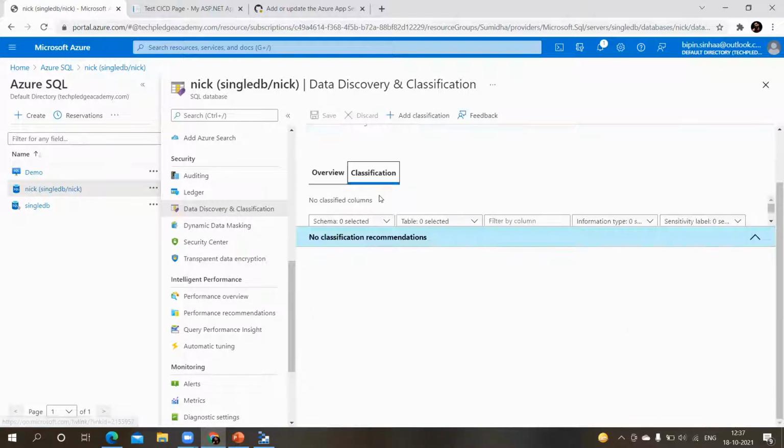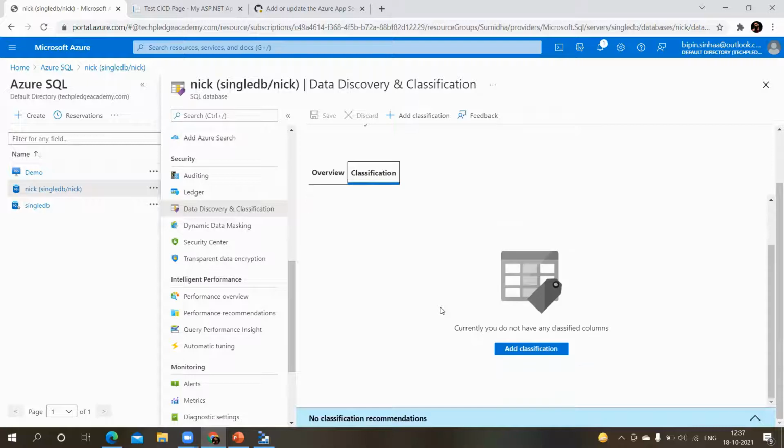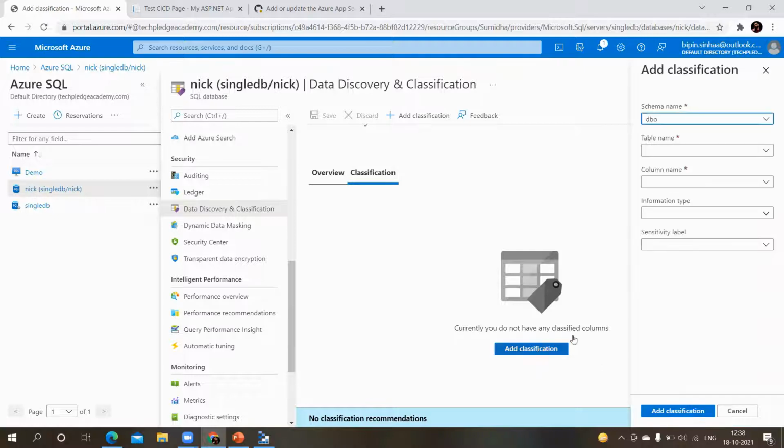So now to set the classification, like to set some of the data as confidential, like if in an organization, as I took it before, the name or email IDs can be public, but the confidential data is like the national identity number or the account number or any other credentials, important details, you can add